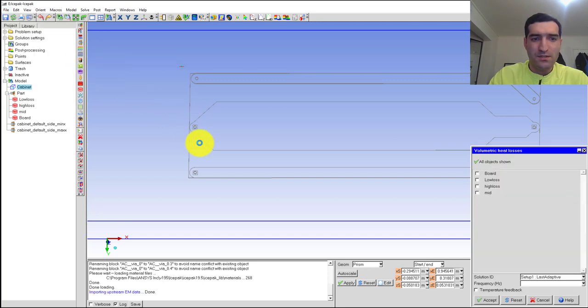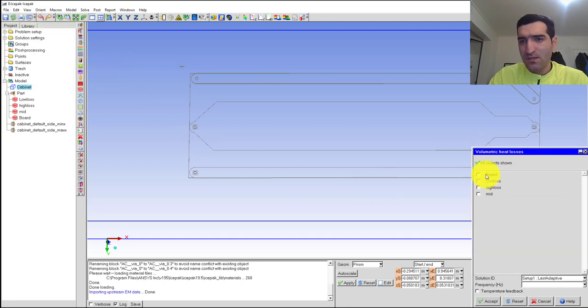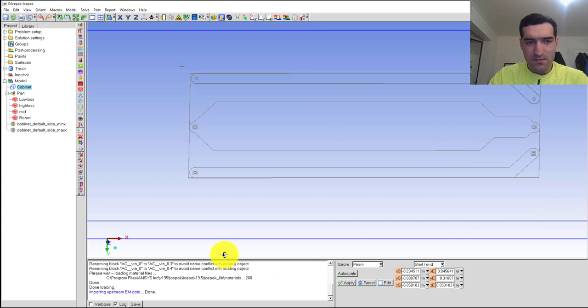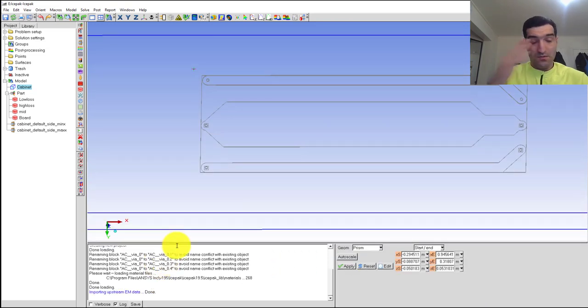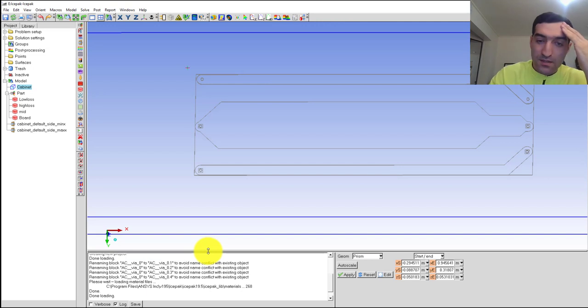Set volumetric heat loss. So we'll select the low loss, high loss, and middle. Select this one and select 20 kilohertz for the frequency and select accept. So it will import the losses from ANSYS